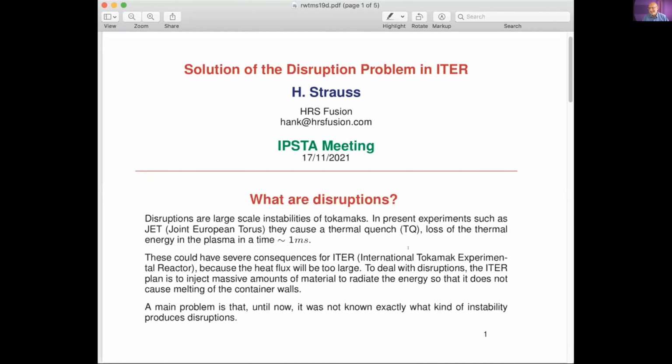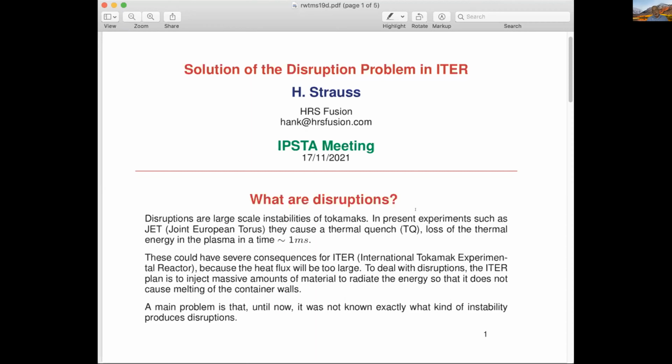Okay, fine. ITER is called the International Tokamak Experimental Reactor. It's a big experiment under construction in France. First of all, you can see my slide, right? You can see this visible? Okay, so yes. All right, so just like instabilities can be a problem in inertial fusion, as we